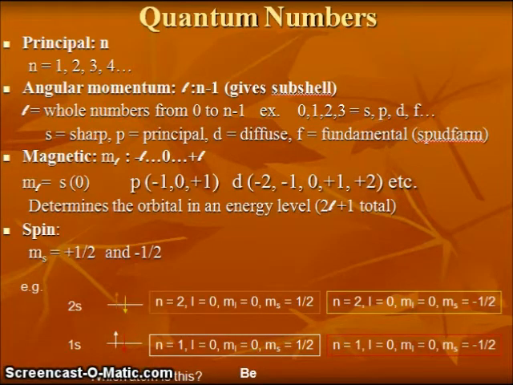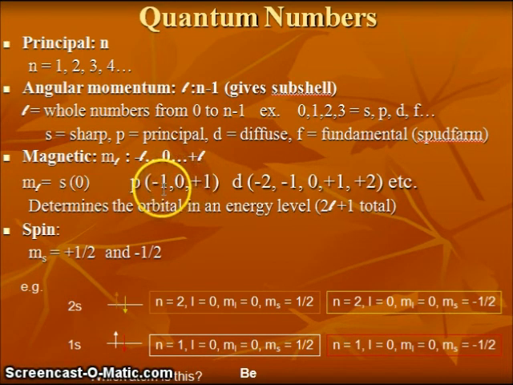Let's finish the information about quantum numbers. So we were discussing the magnetic quantum number, the third quantum number. Again, this is describing the different orbitals that electrons are located in. And what we're doing here is we're finding the angular momentum value, which for an S subshell would be 0. For a P subshell, it's 1. For D it's 2. For F it's 3. So the magnetic number is going to go from minus L through 0 to positive L. So for an S subshell, the only magnetic value that's possible is 0. This indicates that there's only one box in an S subshell which can hold 2 electrons.